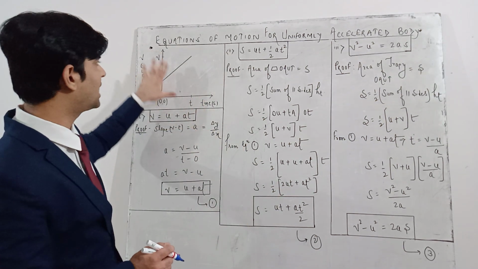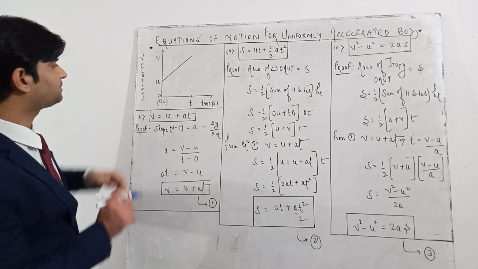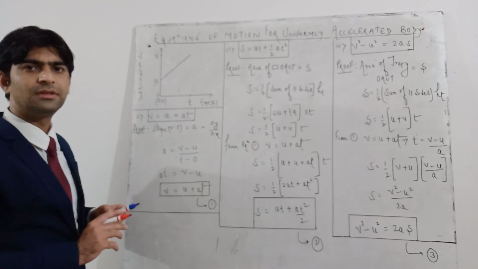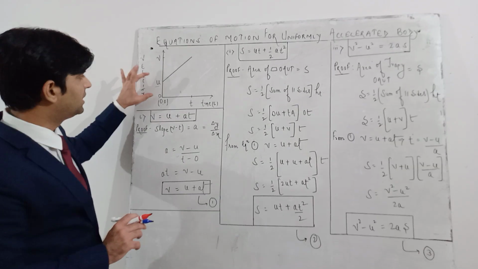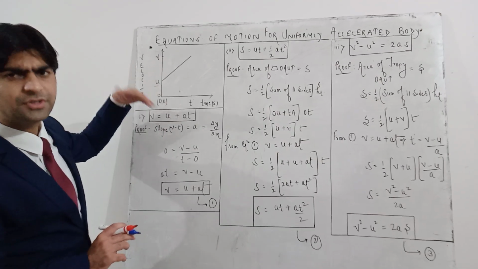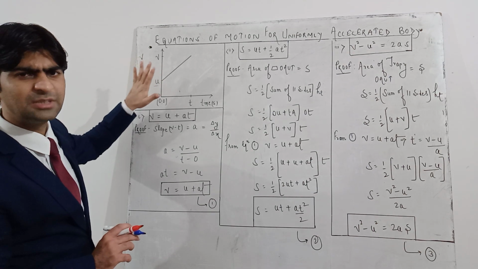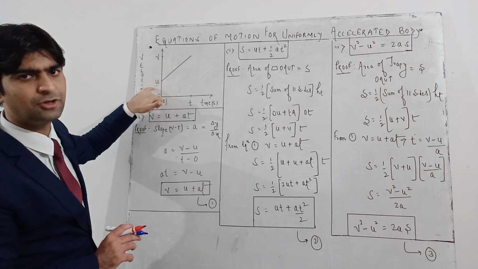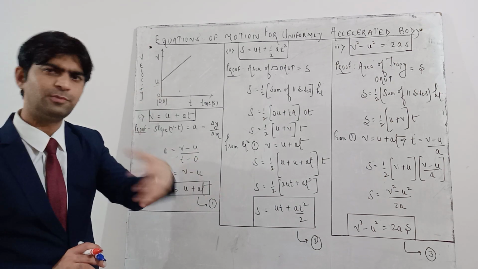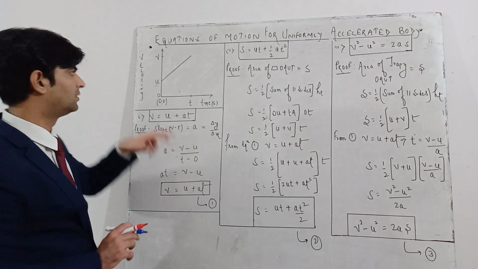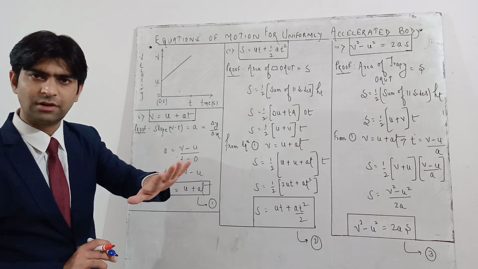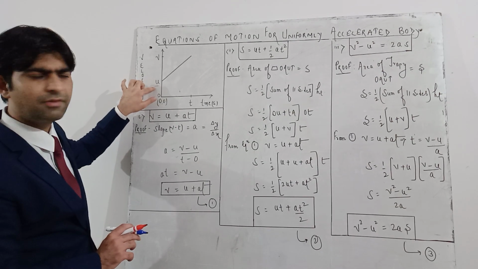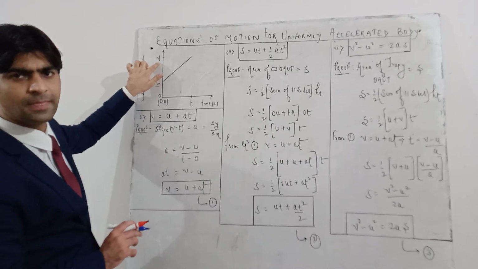So this is the graph that I have drawn. You can see here, this is the initial velocity. I have not started the graph at the origin. That means it starts just above the origin, so this body is moving with a certain initial velocity, that is u. I have not considered the initial velocity to be 0. Maybe in some numericals you may get initial velocity to be 0, but here I have not taken it to be 0. U stands for initial velocity and V stands for final velocity.